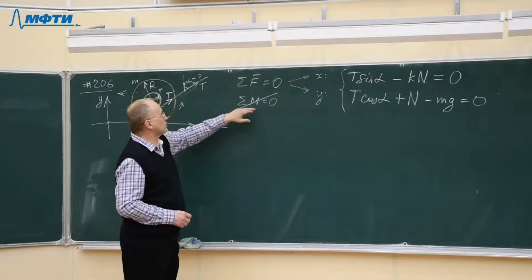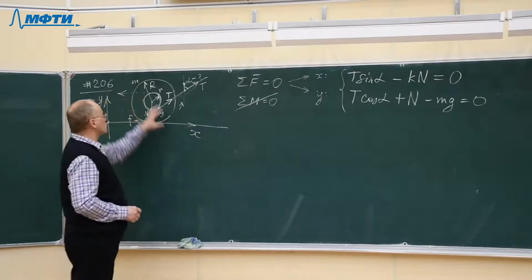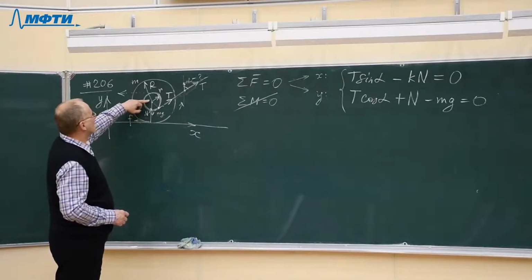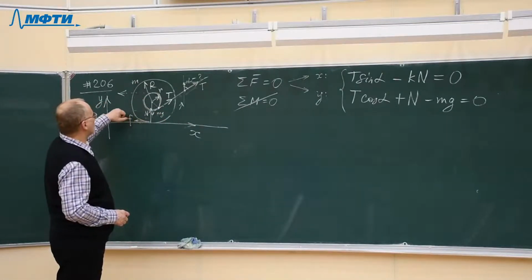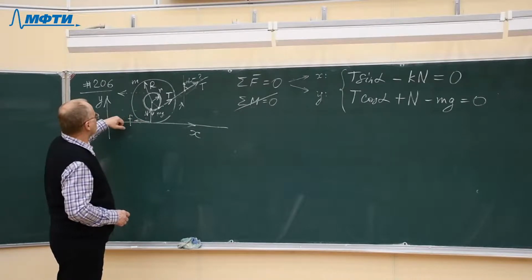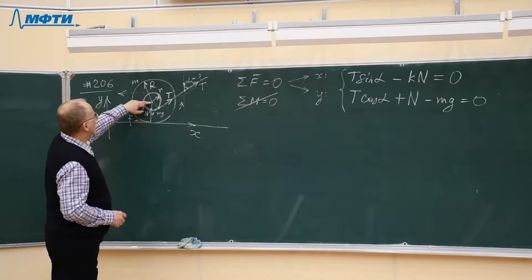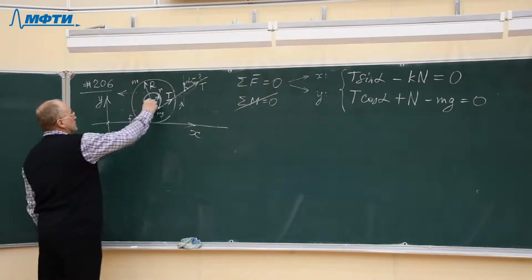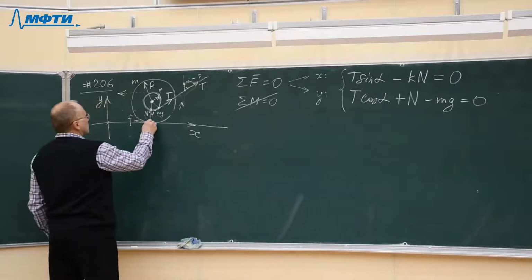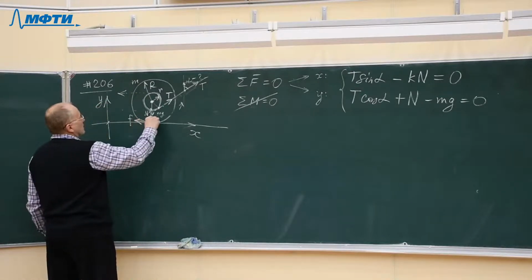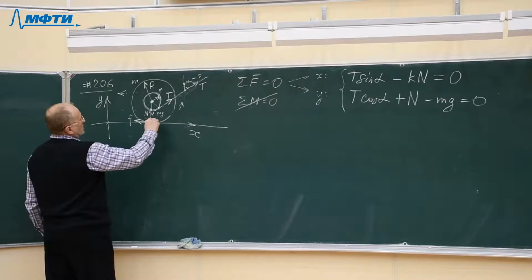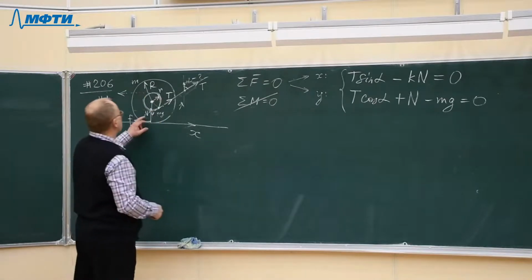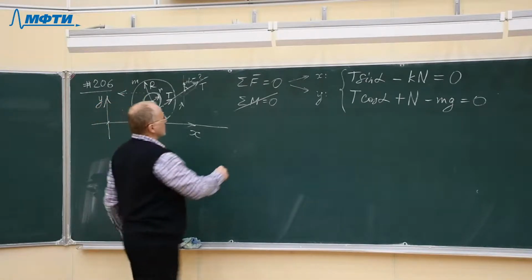This equation means that the total torque acting on the spool is 0, and the total torque is easily calculated if we take the center of mass for the axis of rotation. Then the force F will try to rotate in clockwise direction, so it will be